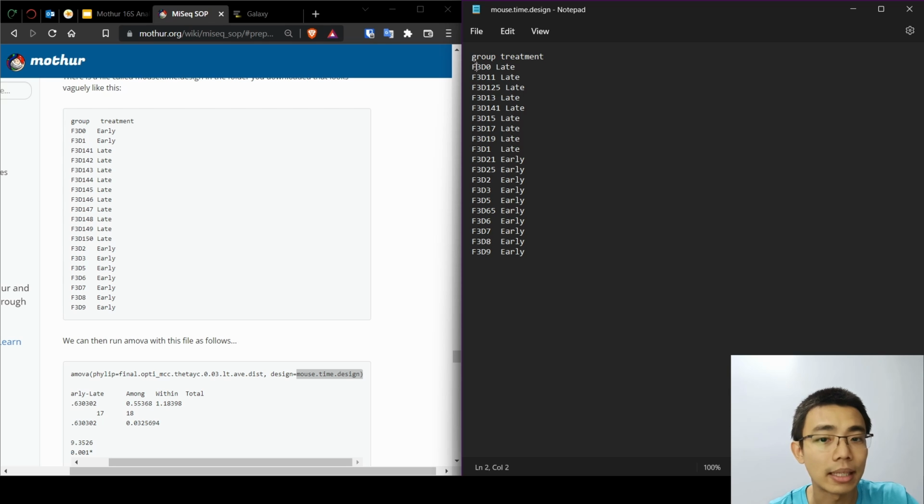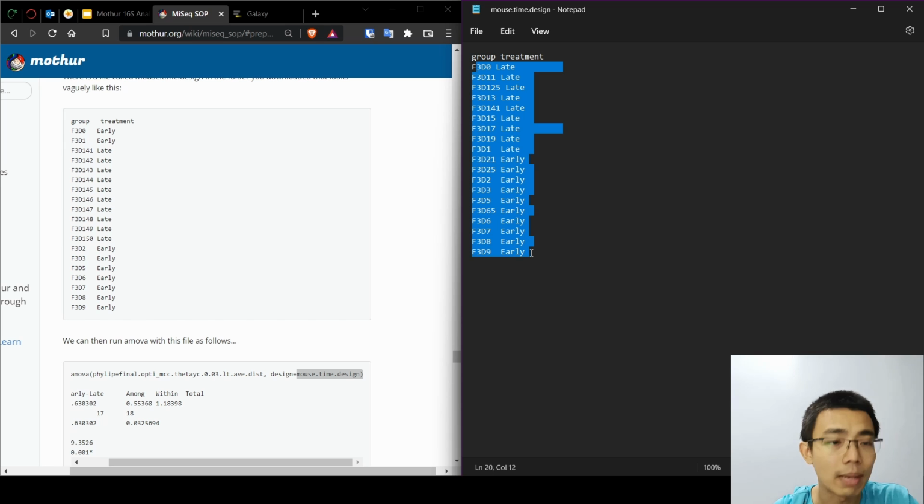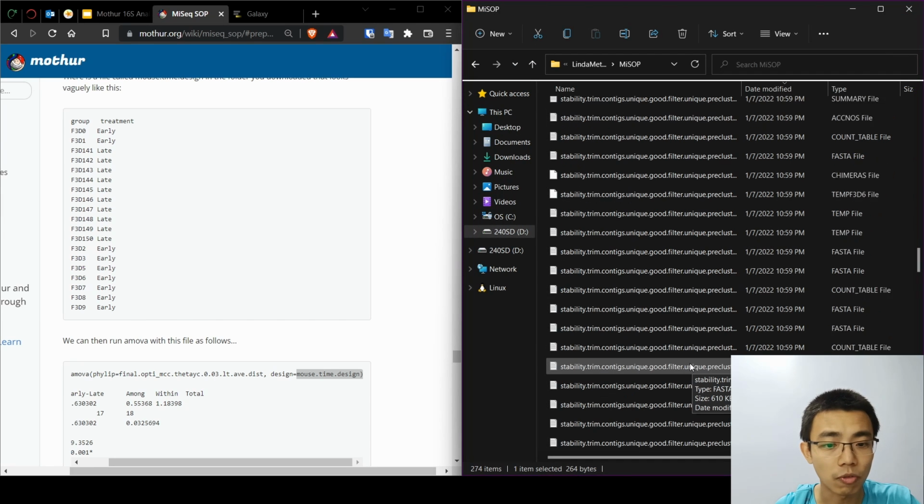And then you include all the names of your groups according to your batch file that were generated in the first step, and give them a different label, either late or early, A or B, or whatever, and so on and so forth. So whatever you want. If you don't know what your group names are, or you don't know what you have loaded in, you can also find the